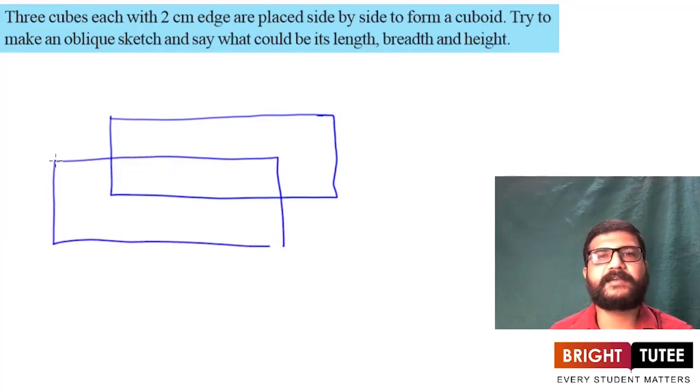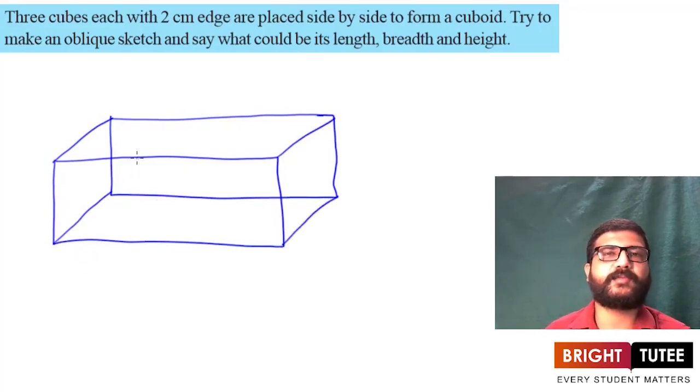So this is how we can draw a cuboid. So these are the two faces, the front face and the face opposite to the front face. Now we just have to join the appropriate corners. By doing that we will get a cuboid. So now here is the cuboid. So what we can do, we have to divide this into 3 cubes. So for that we can do like this.